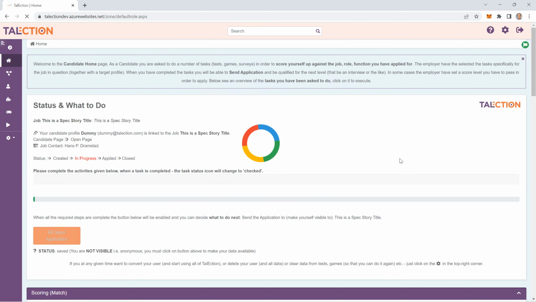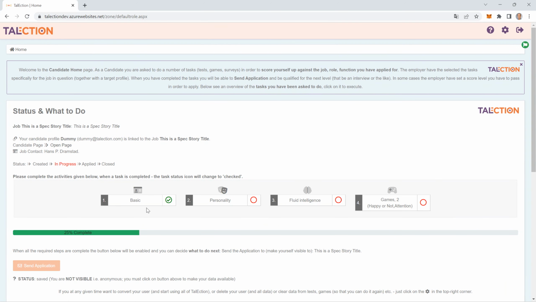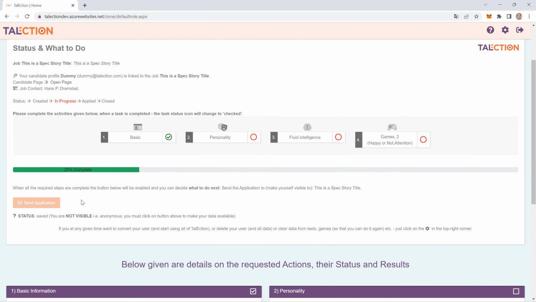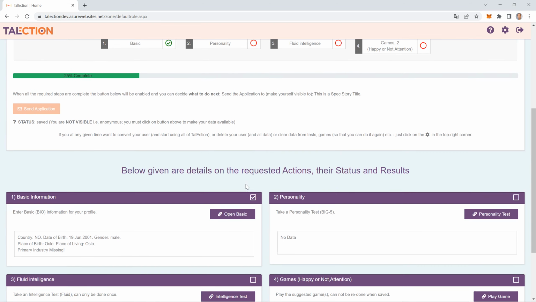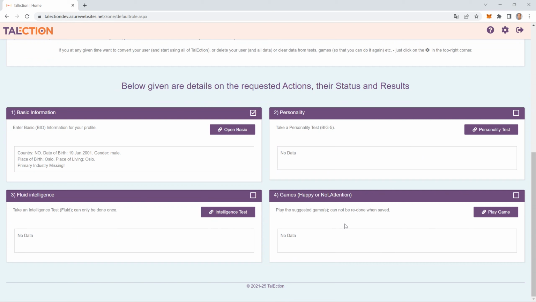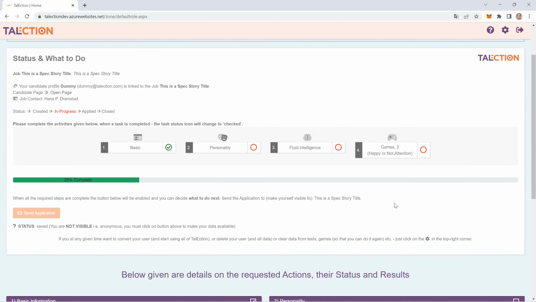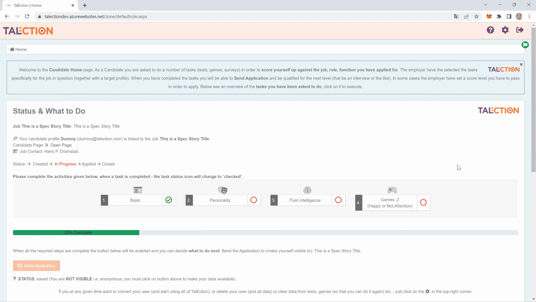Having completed all this, and then all these boxes will be ticked off, then also the send application will be enabled, and you click on that to complete the process overall. And below you will at any given time see the results of these different activities in the frames below here. You can also click the buttons here if you want to activate it from these frames instead of from the activity set above. So that's basically the logic and content of this page